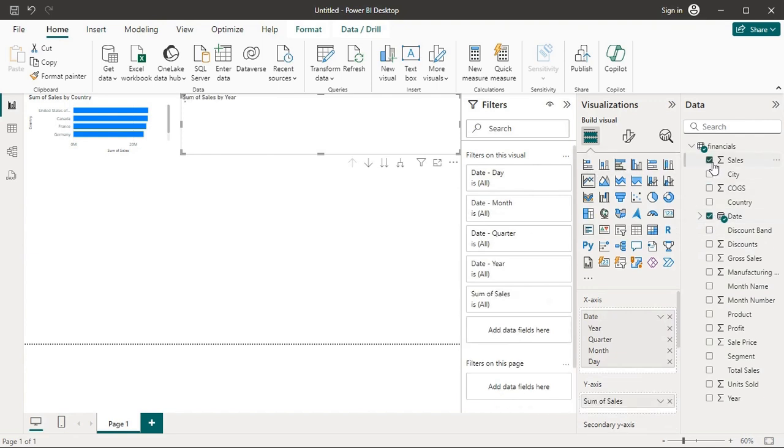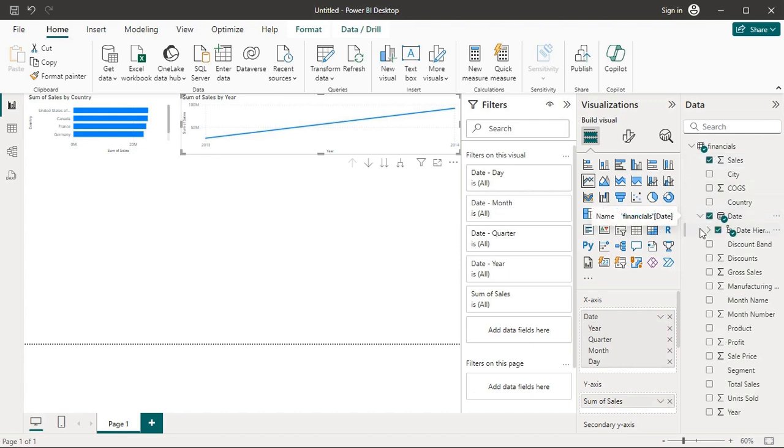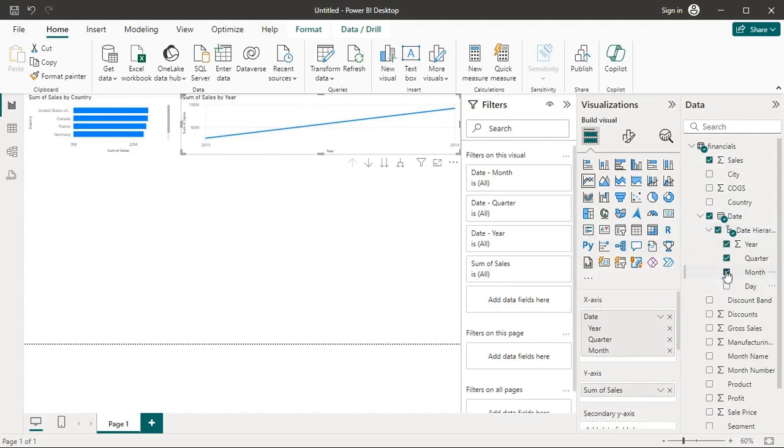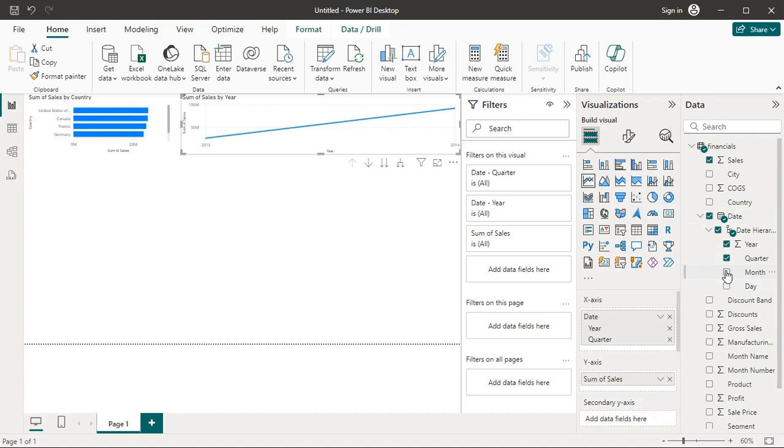We can also remove the day and month from the date. We only select year and quarter.